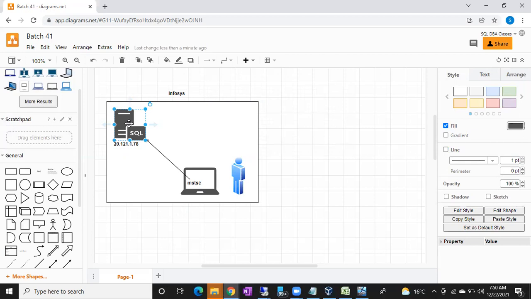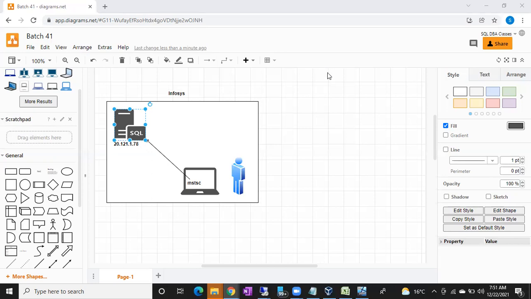This is how you work if you are doing work from office. You are in the office premises only. Your laptop and your server are both connected to the same network, the office network, the Infosys network only. You are both connected, so no issues, and no need to use any extra software. You can happily connect directly.